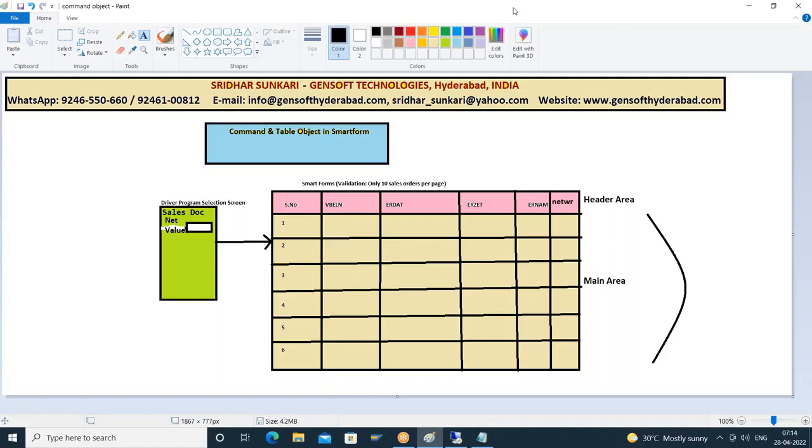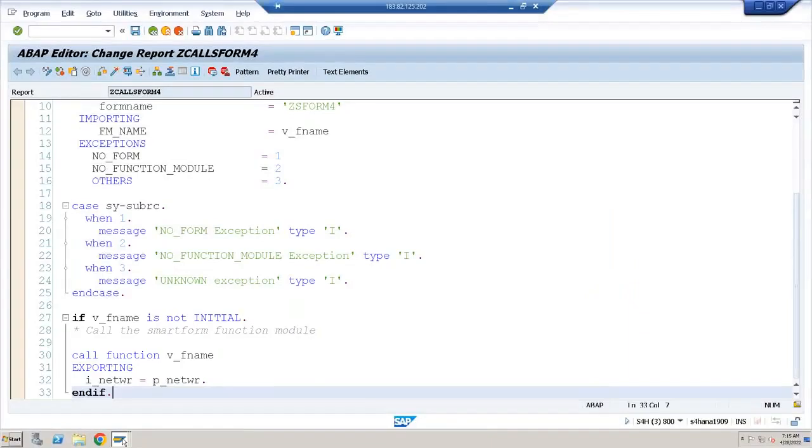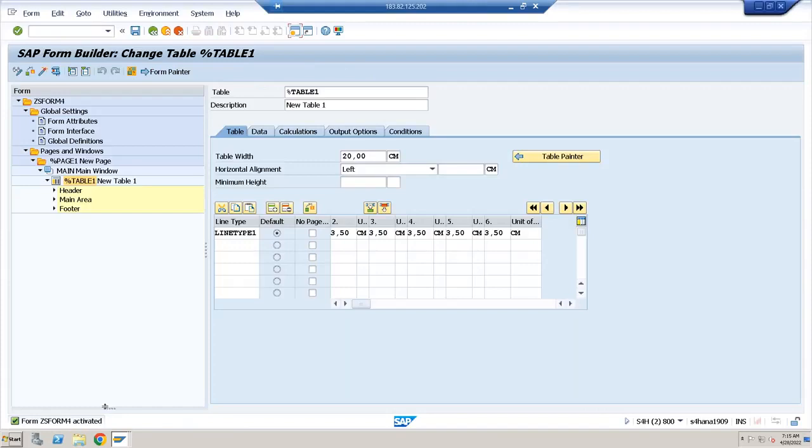Okay. So now, the control should go to the second page once 10 lines are reached in each page. It has to go to the next page. That is the requirement: per page only 10 rows. So what I'll do is, in the smart form level,